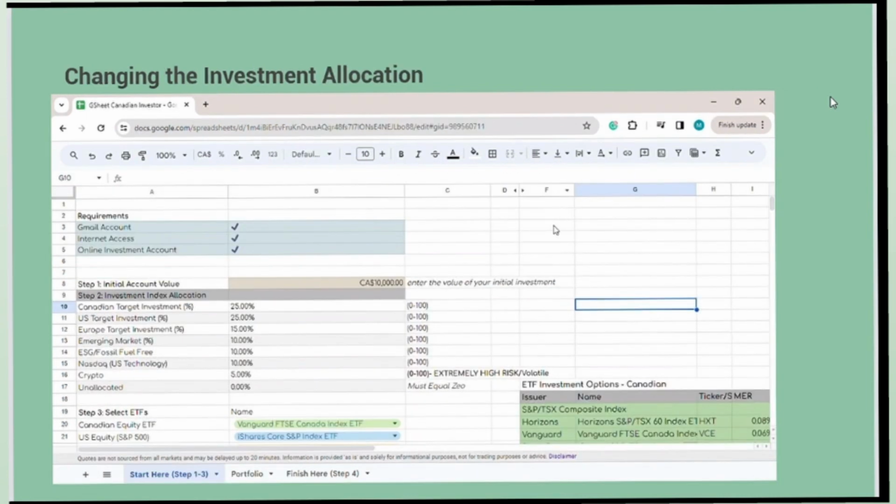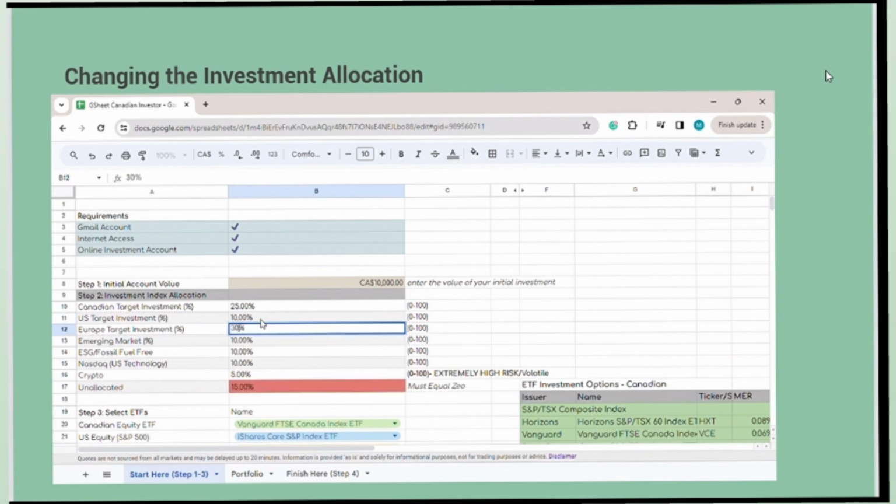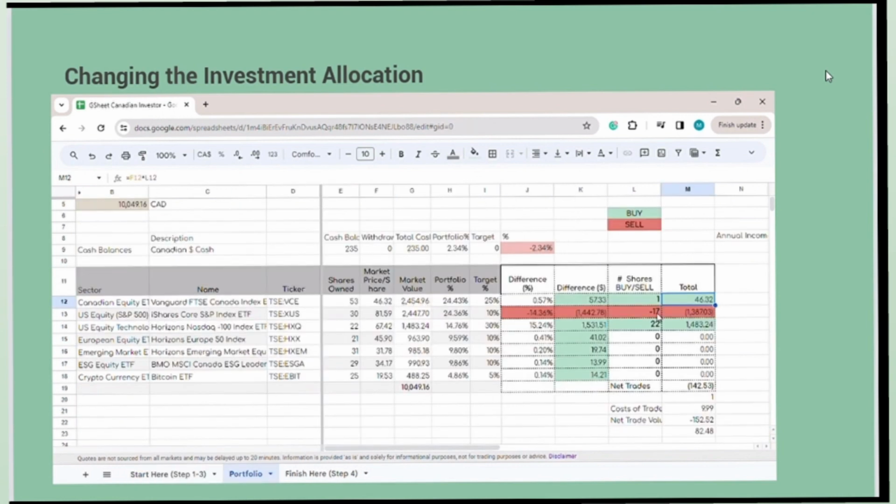You can also switch up the investment mix. For example, you might be worried about the US election and think the economy might tank if they elect a dictator, and you believe European countries are a more stable investment. You can reduce your US investment target and add to the European. The portfolio tab will show you how much to sell of the US ETF and how much to